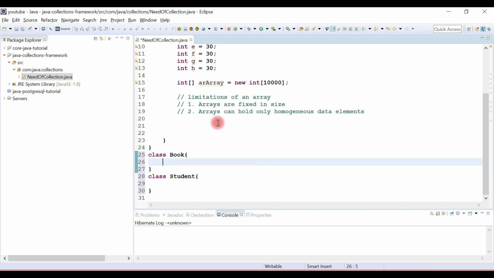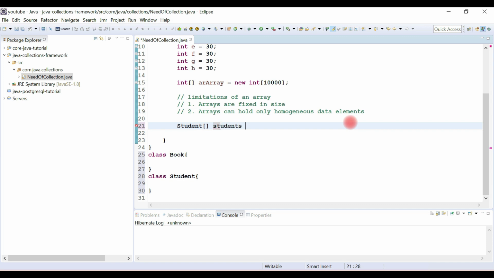Now I will create an array of students: students equals new Student, and I will declare the size of the array as 10. Remember, arrays are objects in Java, and we can use the new keyword to create an array object. So this is how we create an array in Java.